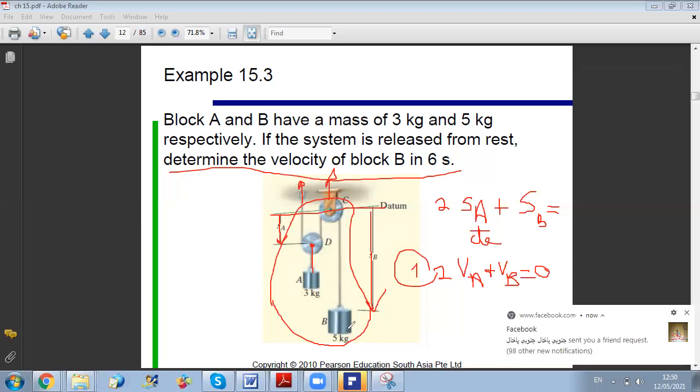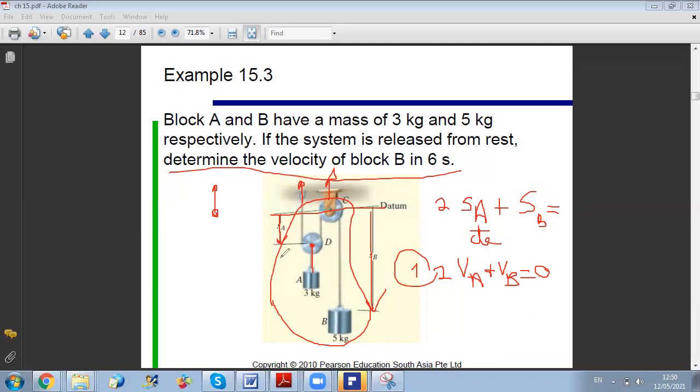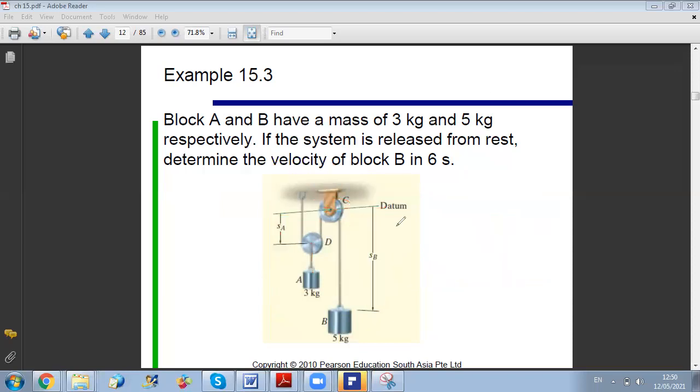This is not true in linear impulse and momentum. Because in linear impulse and momentum, if I have a force acting at a fixed point, it has an impulse. Because the impulse does not depend on displacement, it depends on the time the force is applied. So here we don't have the advantage of taking the whole system, because we would have to find the reaction at the support along with the tension in the cable. So here the best idea will be to take A alone and B alone and write for each one the principle of linear impulse and momentum.